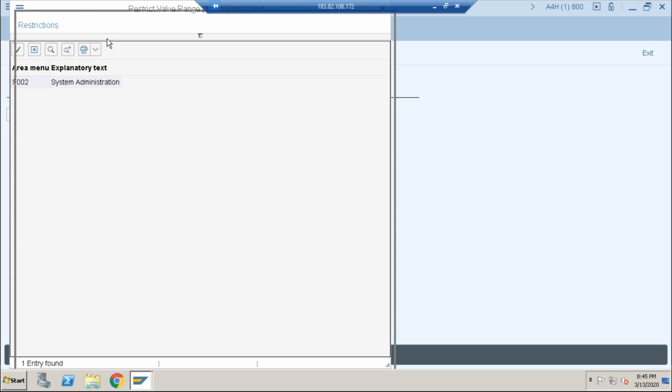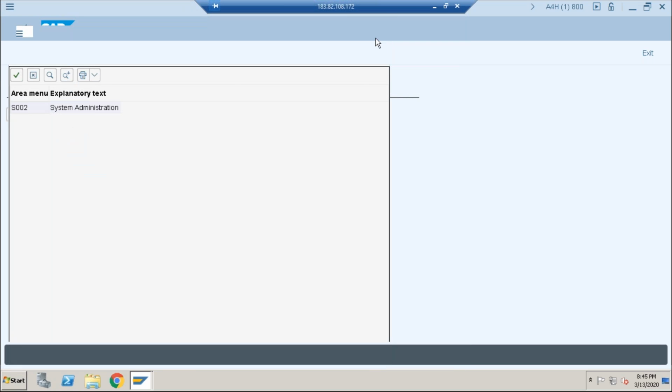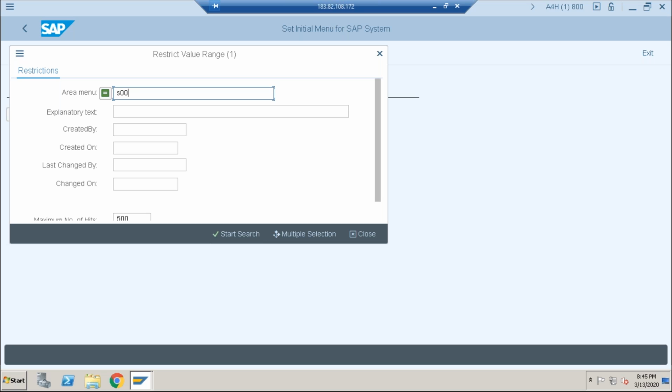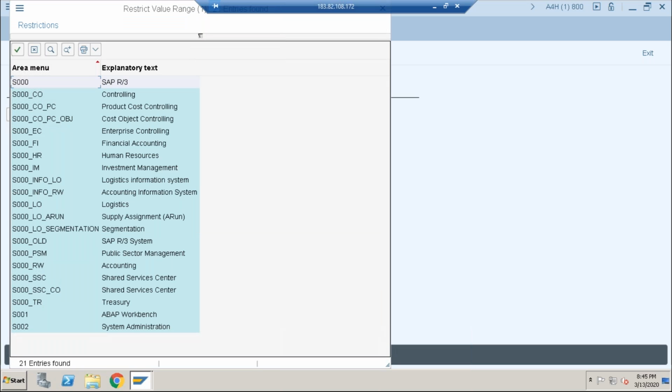Okay. So this, S001, is the workbench. Okay, take the S002.